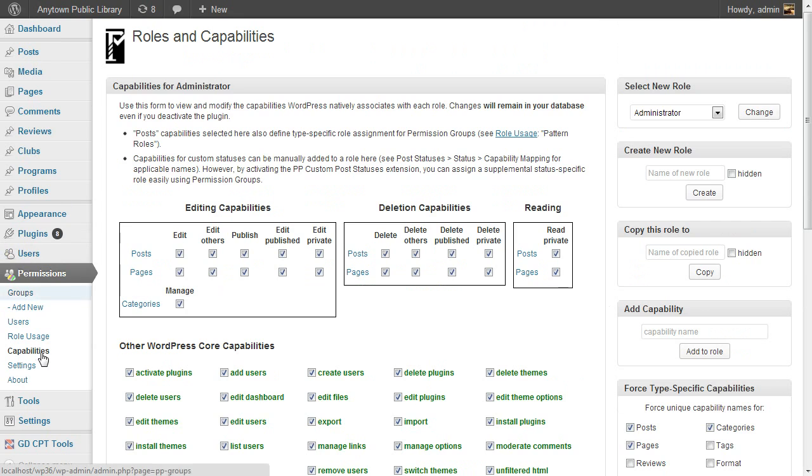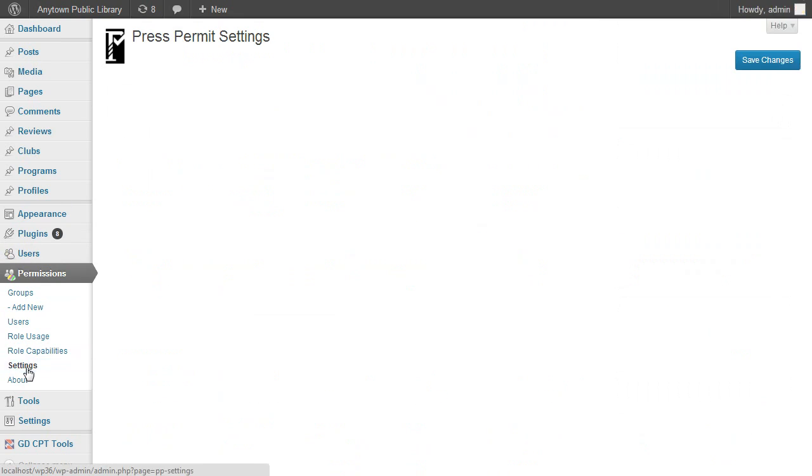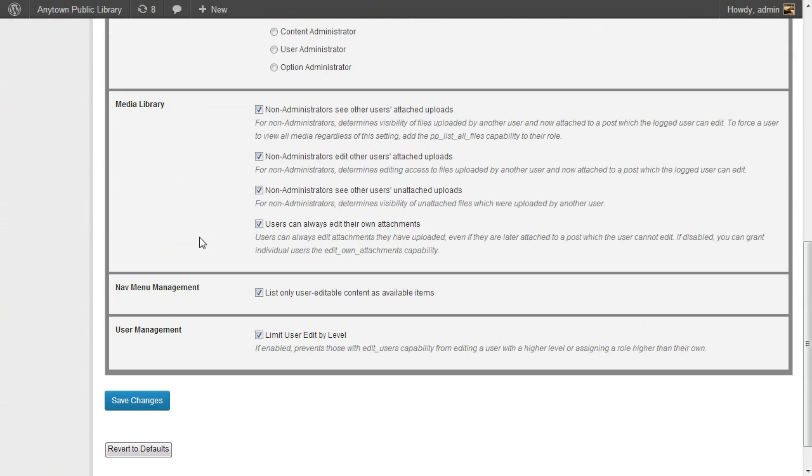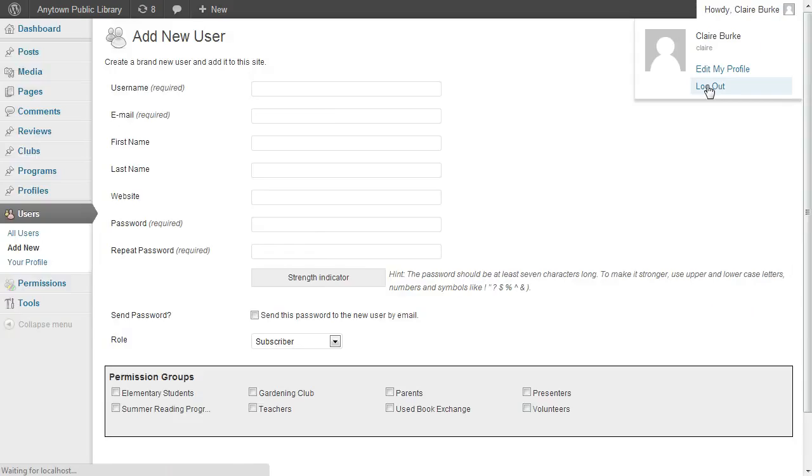If I go to the Press Permit settings under the Editing tab, which is added when you activate the PP Collaborative Editing extension, scroll down to the bottom. This is going to be enabled by default when you activate that extension plugin, Limit User Edit by Level. And what that does is